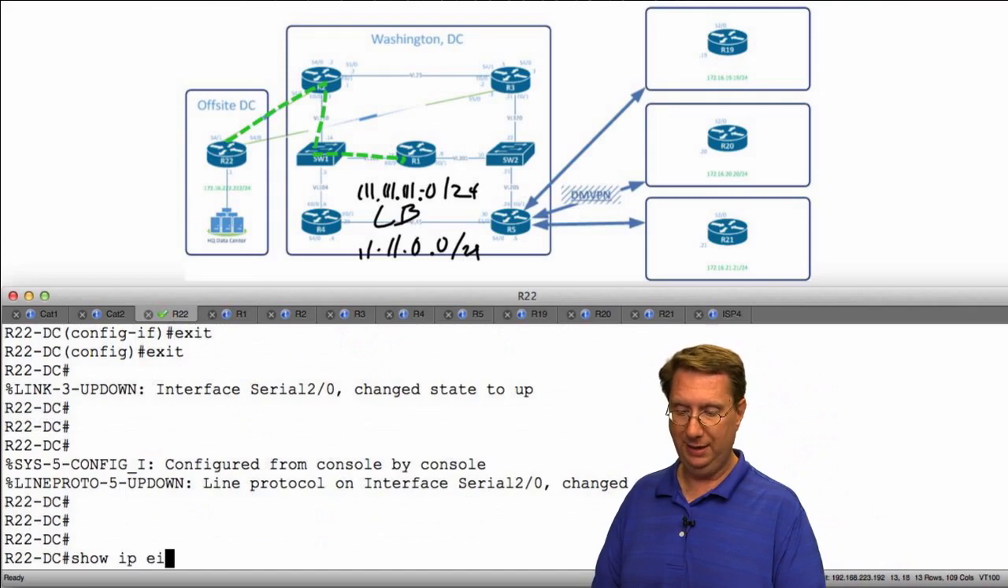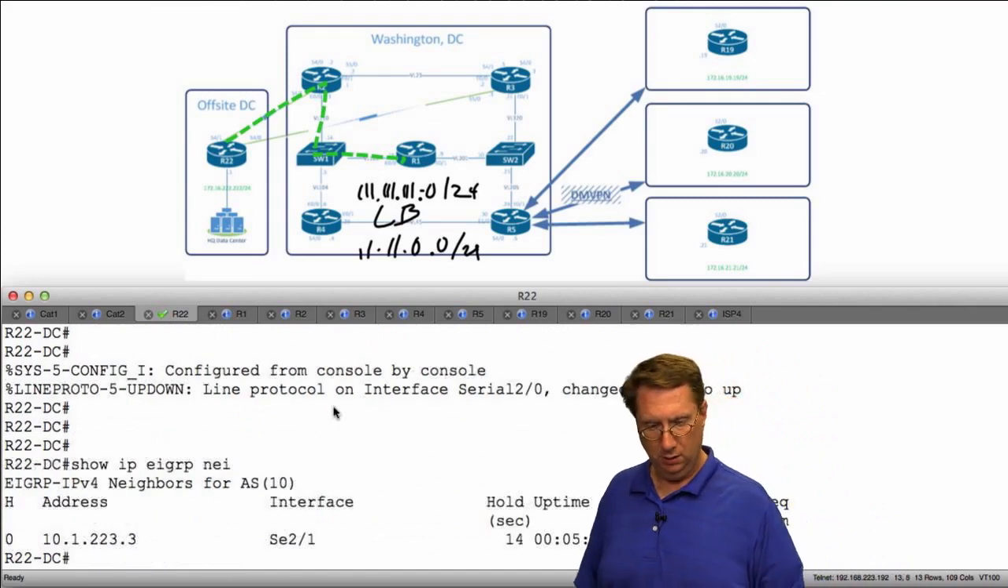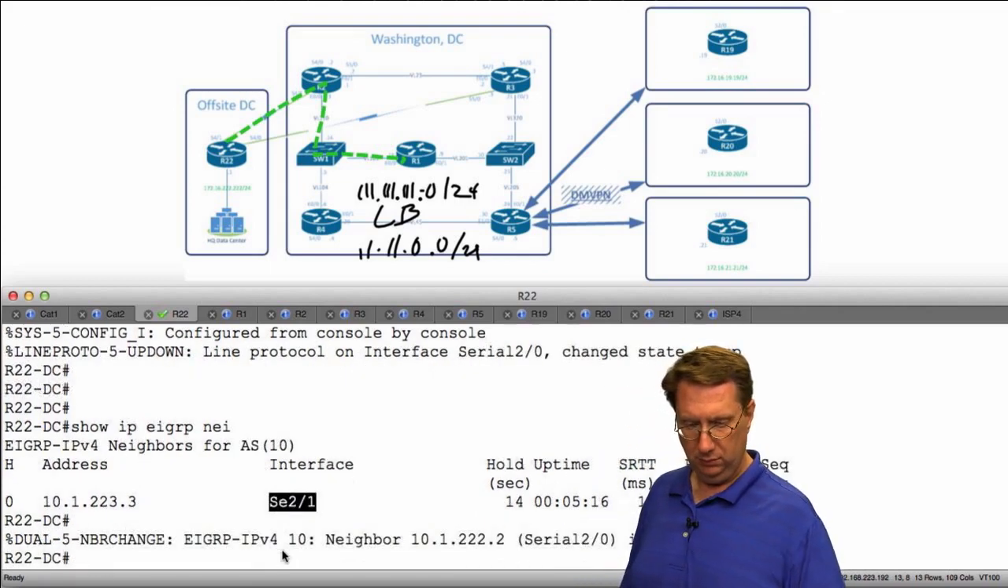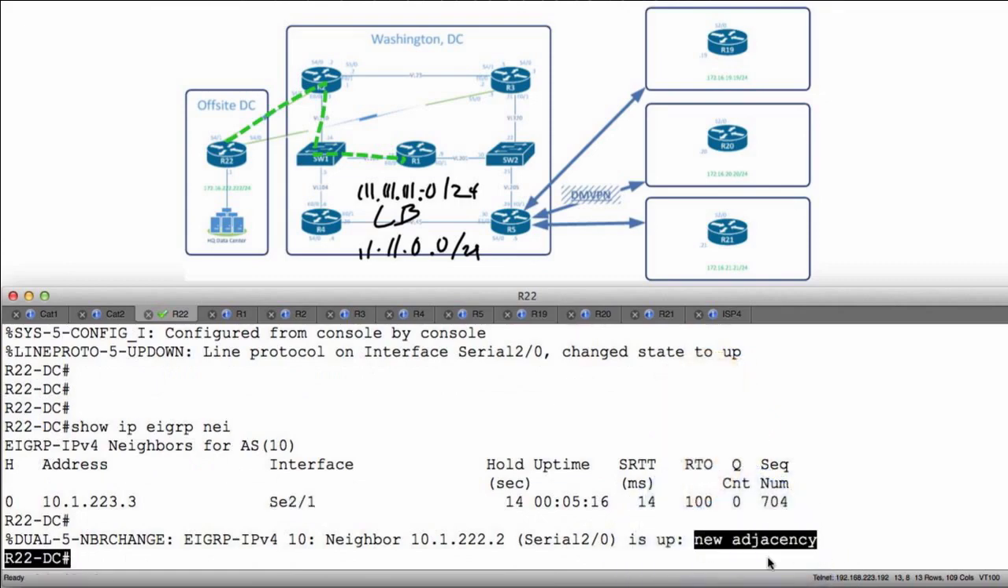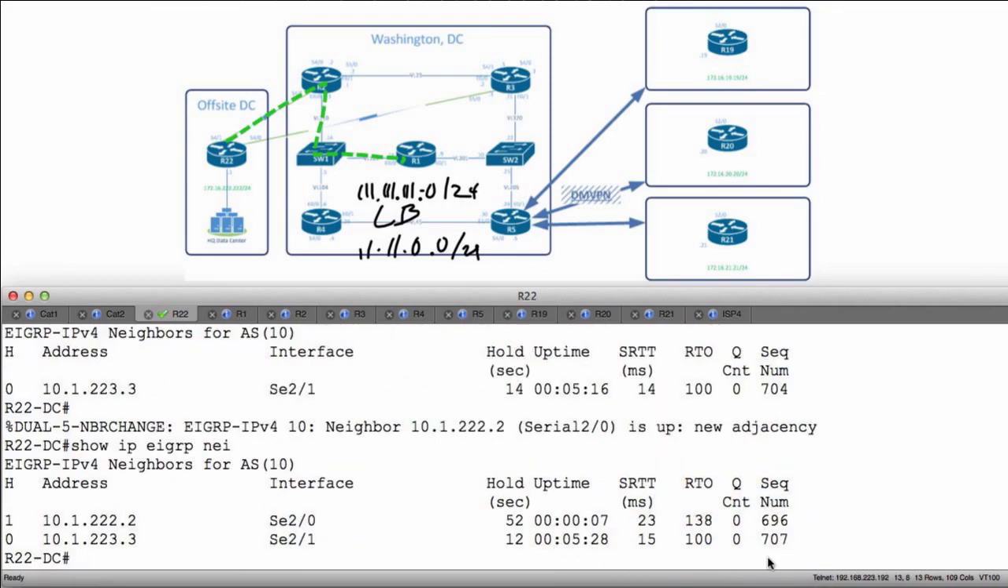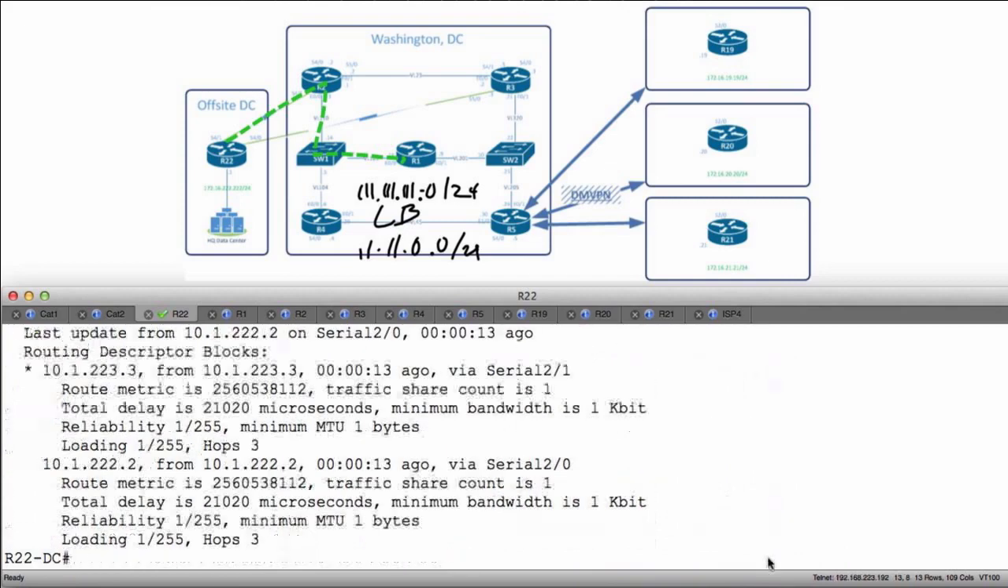Show IP EIGRP neighbors. See 2.0, 2.1. There we go. Now we've got an adjacency. I'll go ahead and get myself out of this. New adjacency. Let's make sure that we are paired, and we are. And now when I come in here and I look specifically for this route, show IP route, notice it is